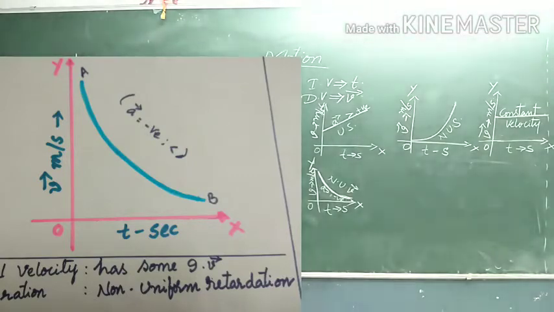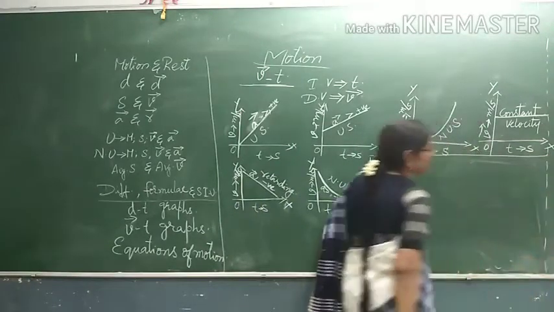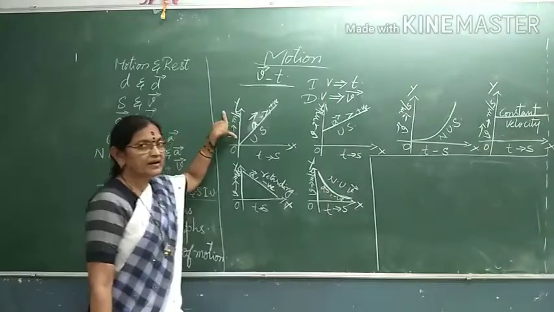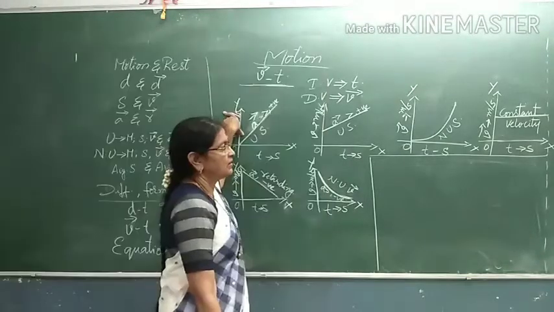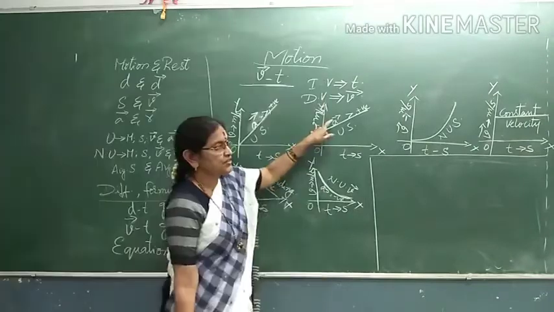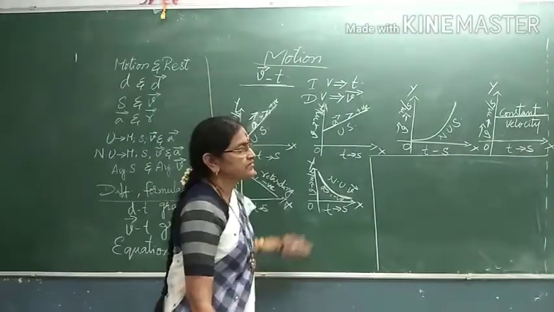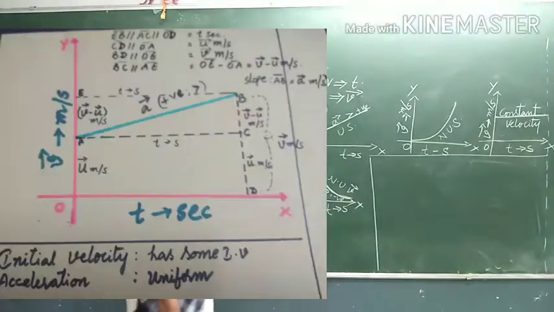Now, one very important graph we will be discussing today, so that you will be understanding. Now, what can you do? You can calculate from velocity time graphs whether the speed is uniform or non-uniform, you can calculate acceleration, and you can also calculate the distance covered by a body. How can you calculate distance covered by a body in a velocity time graph? It is the area under the graph.